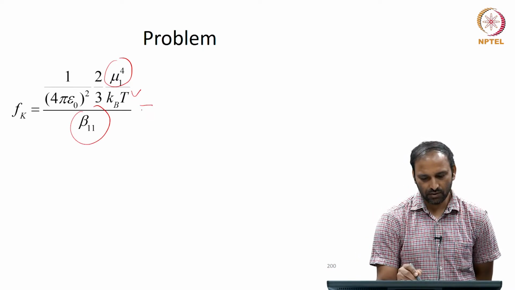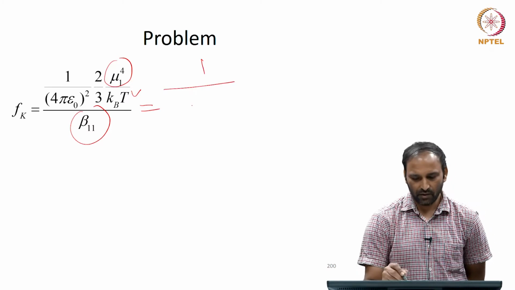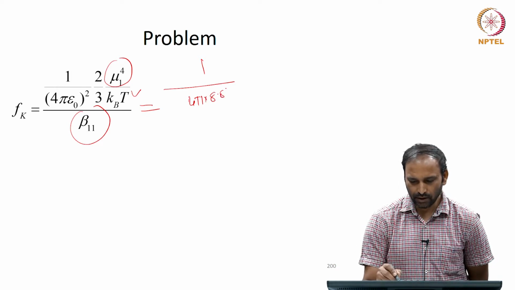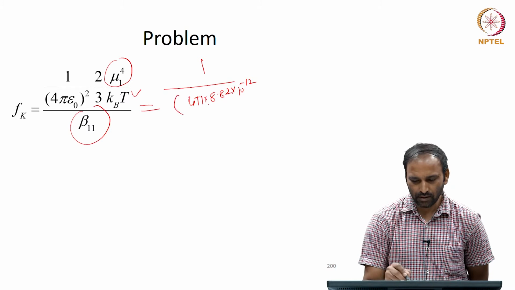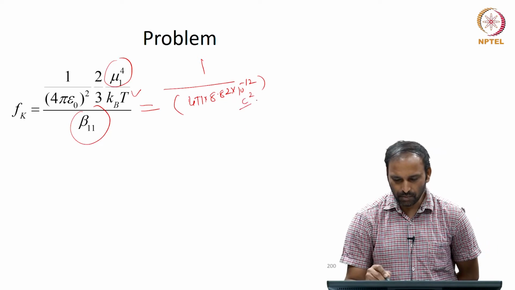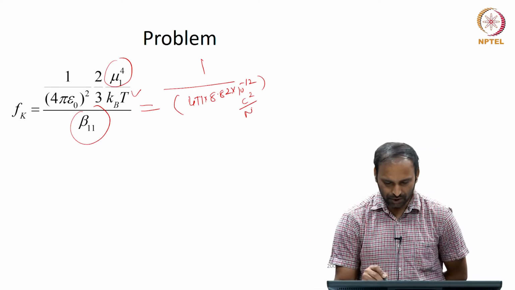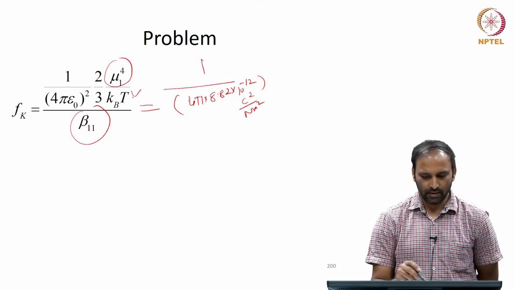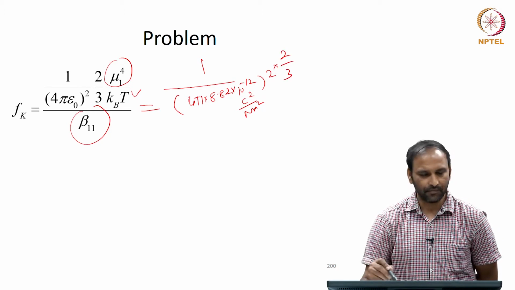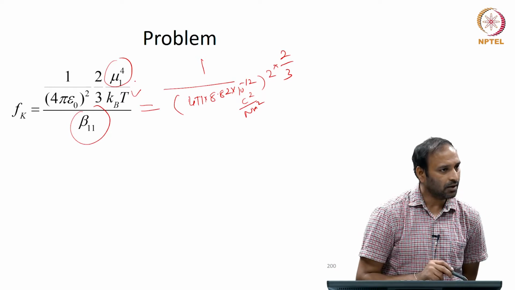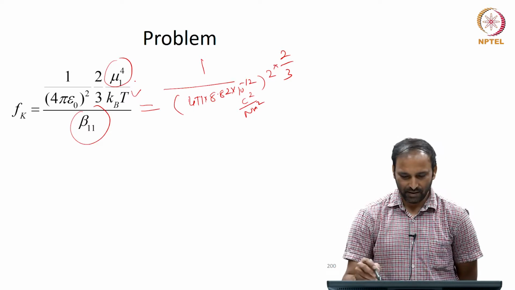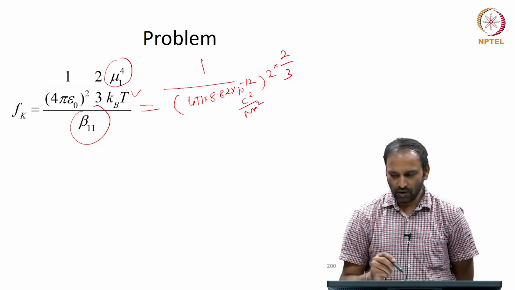I can calculate this: 1 divided by 4 pi epsilon naught is 8.82 into 10 power minus 12 Coulomb square per Newton meter square, the SI units, whole square, multiplied by 2 by 3. You can also use 1 by 4 pi epsilon naught directly as 9 into 10 to the power 9. Then 2 by 3 times mu 1, where mu 1 is given to be